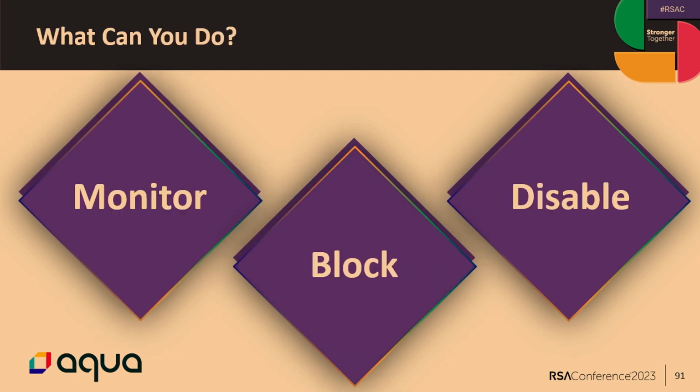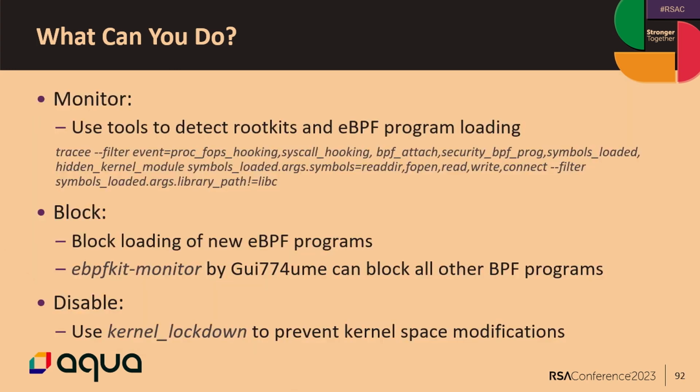So what can you do to protect yourself from those threats? Well, you can either monitor, block, or disable features to reduce your chances of being attacked, and you can do it by several means. We've given some examples here. We attached our command line to Tracee if you want to use it. All of the demos that we've seen today are in there, and we also have open source behavioral signatures for all of those.